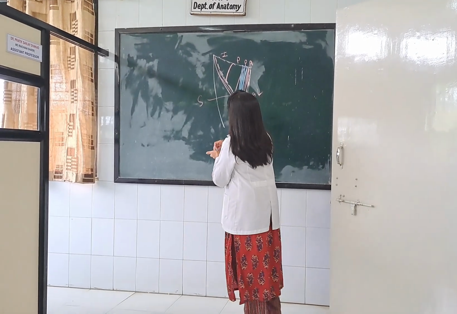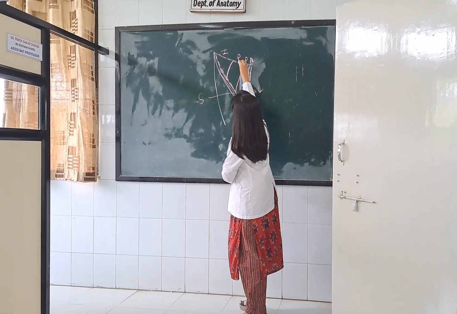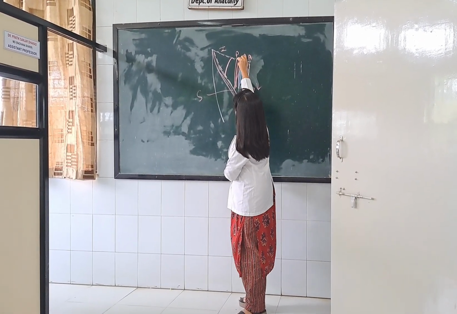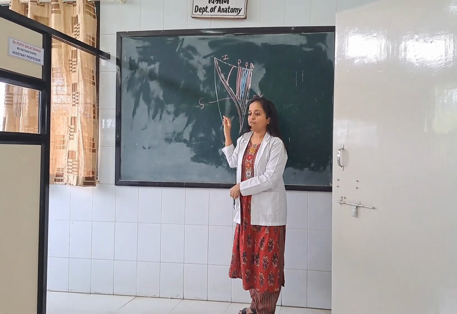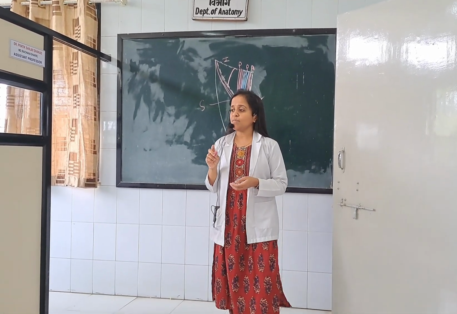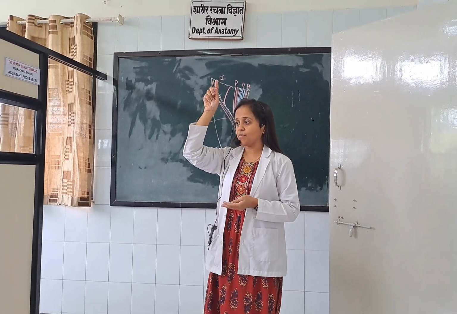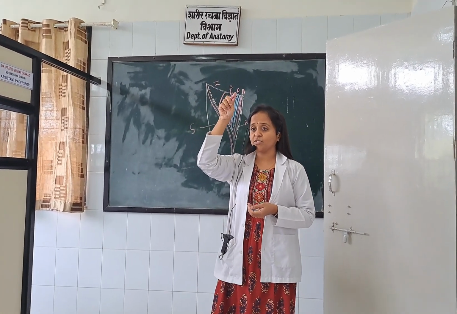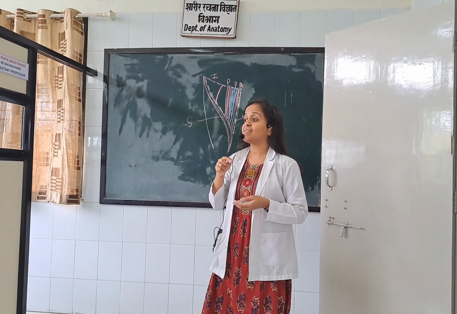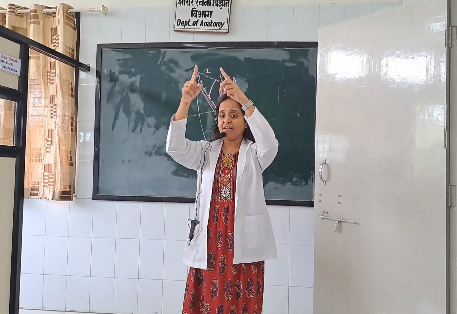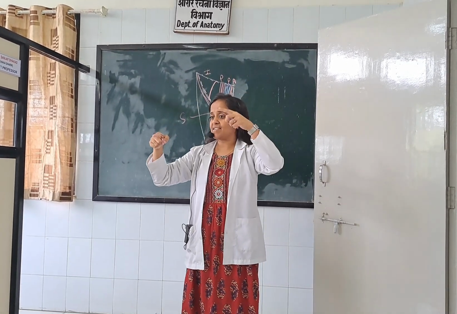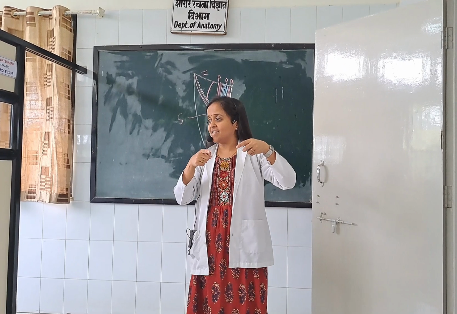The next content is the femoral artery, just next to the femoral vein. Now this femoral artery is a continuation coming from the upper side, right? From the upper part of the body, from the abdominal region. So it is a continuation of the external iliac artery. You know the abdominal aorta divides into two: external iliac artery and internal iliac artery.